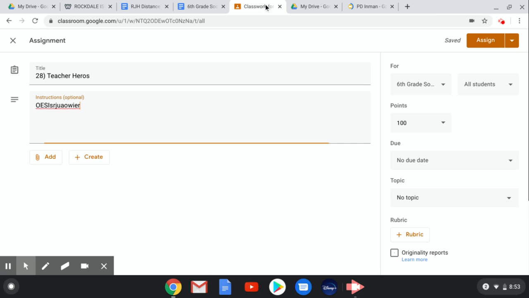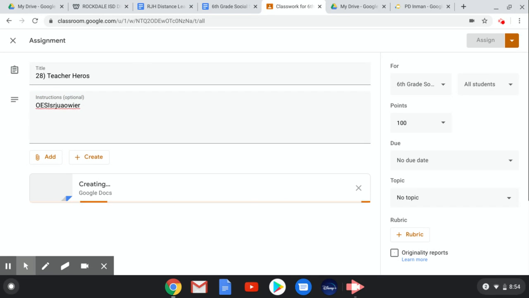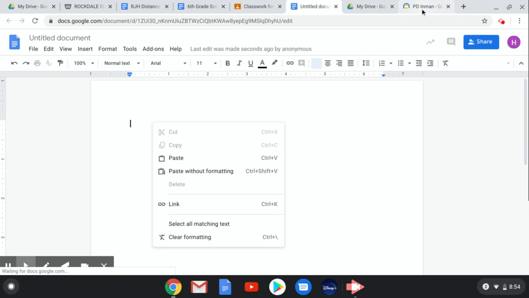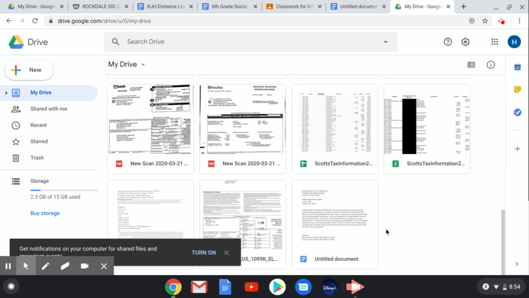Okay. And then I'm just going to close these so they're out of my way. So I go back to that assignment. I'm going to go ahead and create a new document. And there's a reason for that. When I create that new document, it's going to open up one that I can make sure each student has to get their own. And what I'll do is, oh, that is opening a professional development for something else. Let me go back to my,